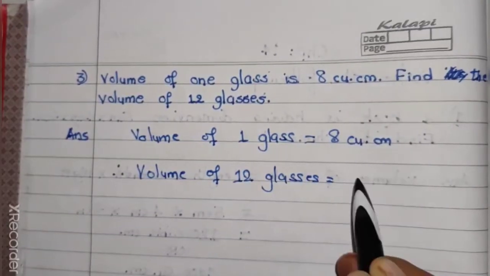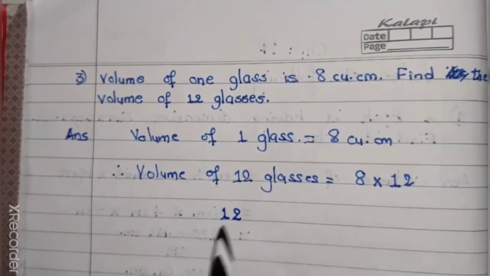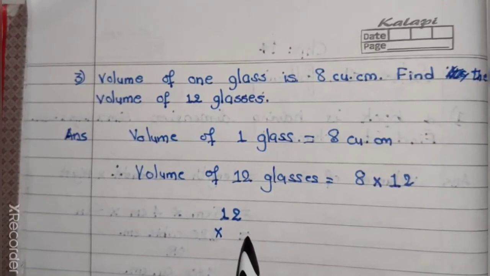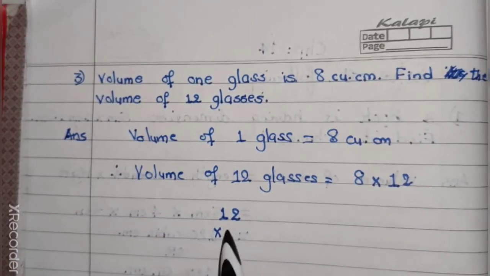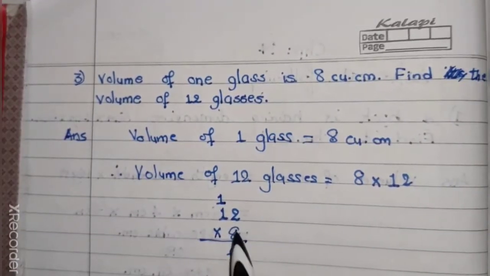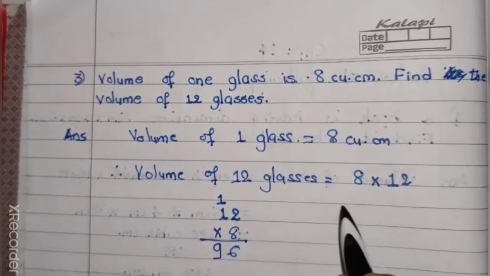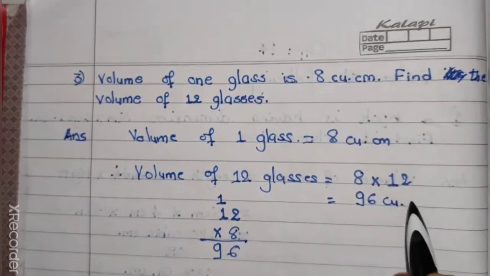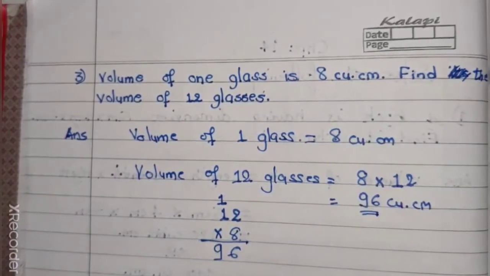How much will it be? We are going to multiply 8 by the number of glasses. So let us do the multiplication method. In your examination also, when you are writing or solving in your supplementary, it is very mandatory for you to solve and show the method of multiplication, students. You have to show. 8 2s are 16, 8 1s are 8, and plus 1 will give you 96. Okay, so 12 8s are 96 cubic centimeter is the volume of 12 such glasses. I hope students you have followed.